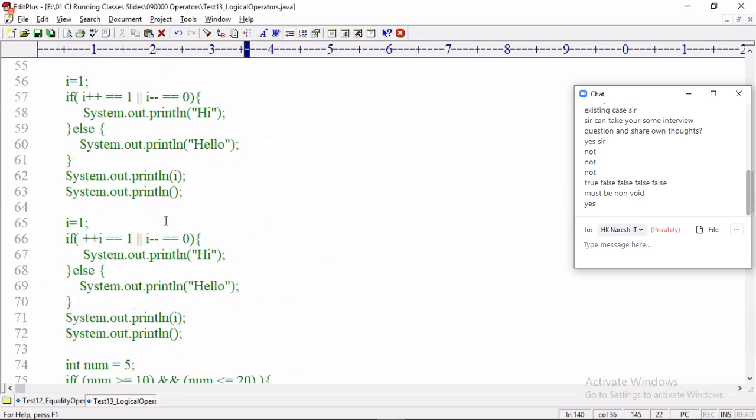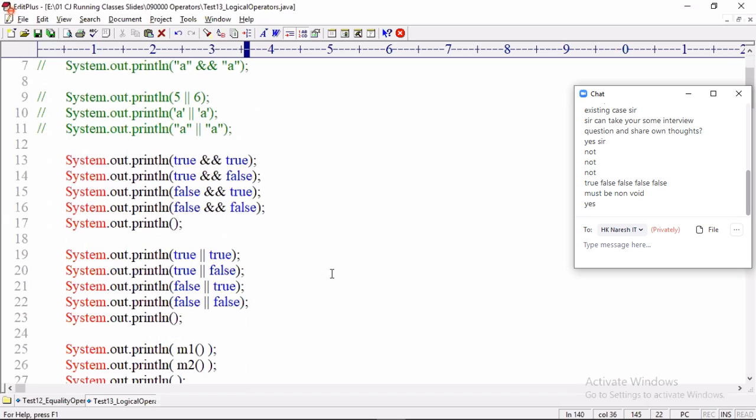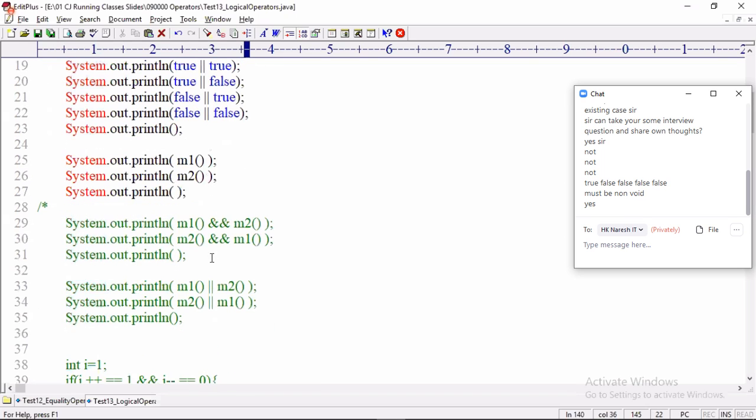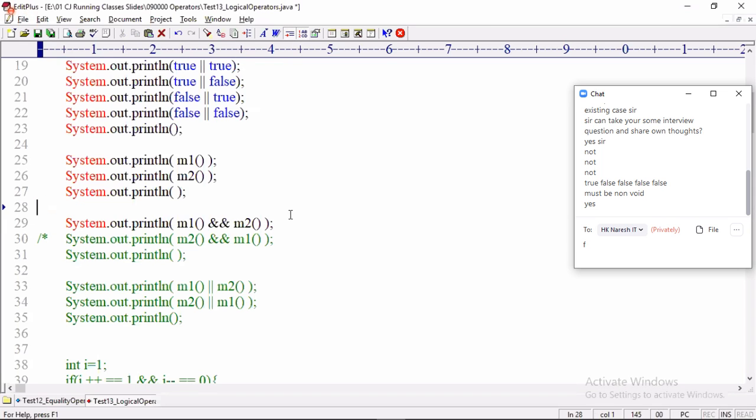Okay. With this knowledge, can you please try to take a decision and tell me what output you will get from this statement? M1 and M2. What is the execution associativity? Left to right, right? First the M1 method is executed.